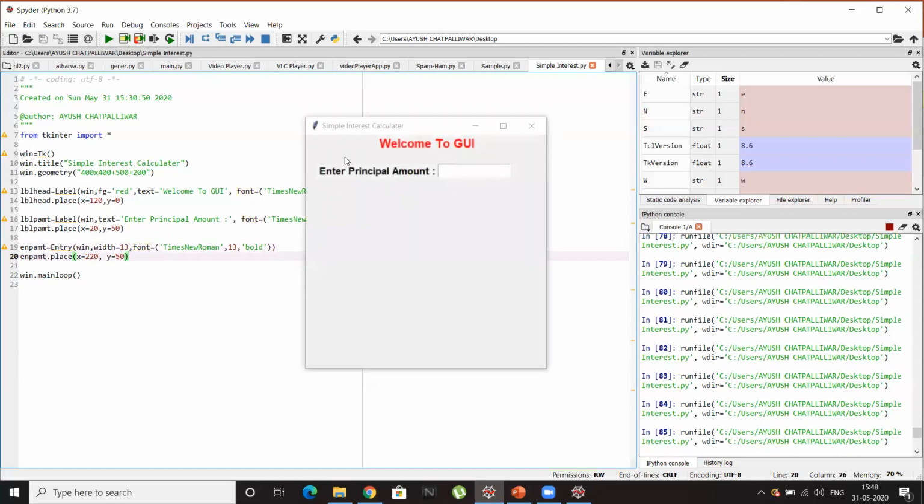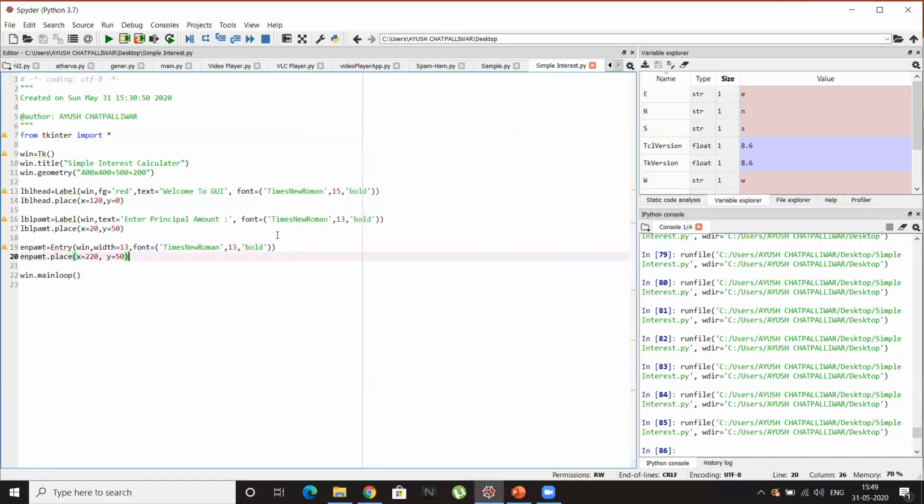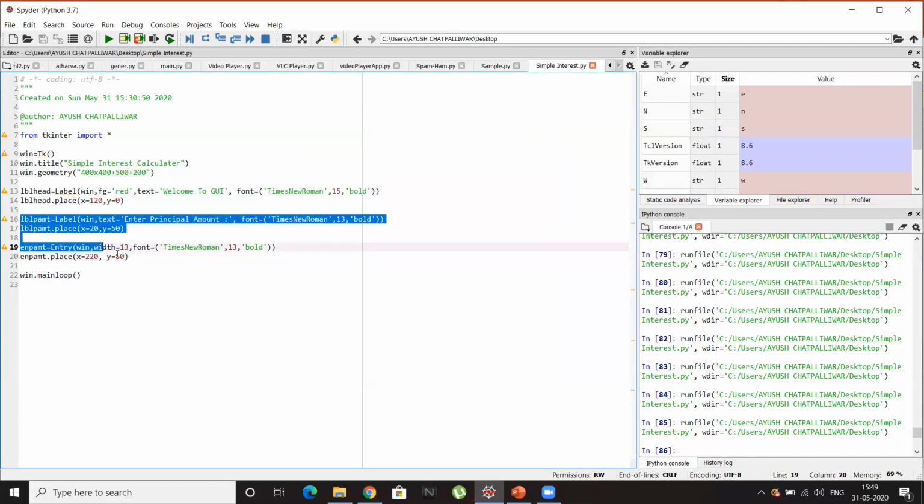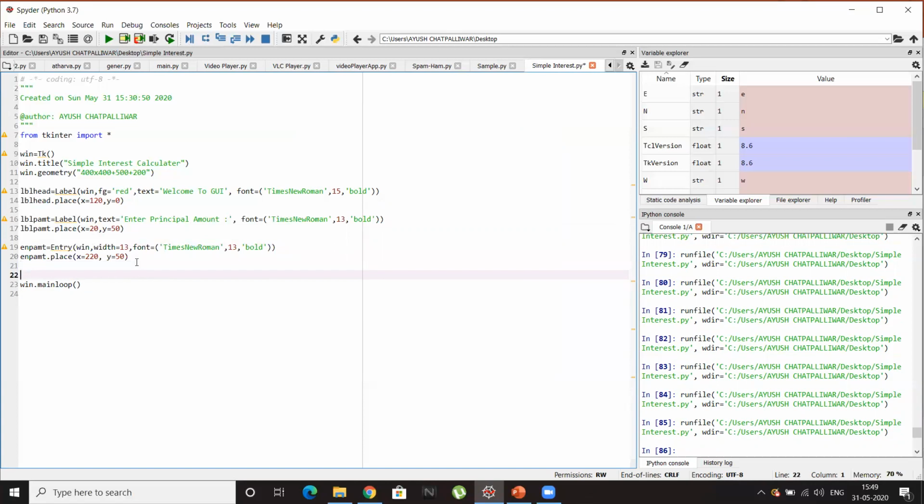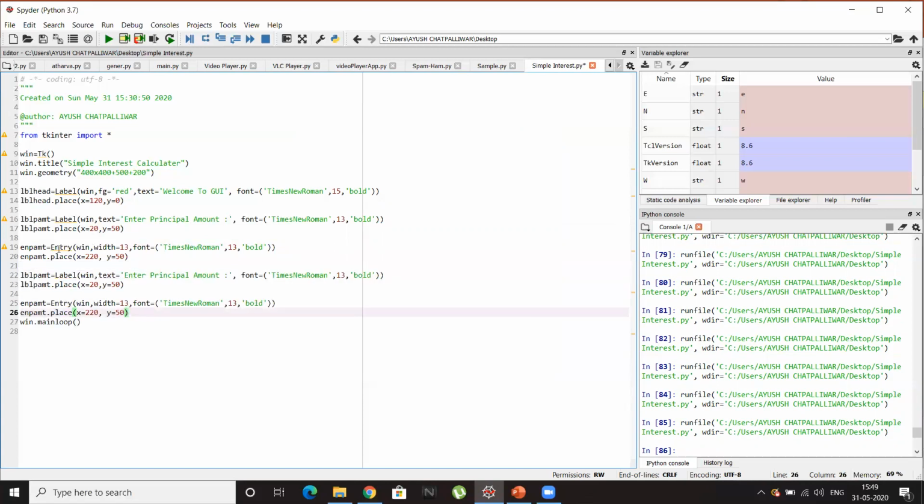You can see a label for principal amount and a text box for the same is there in our GUI. Now we'll have to give a similar label for rate of interest and its input. So I'll just copy this whole thing and paste it. But make sure that you change the object name.